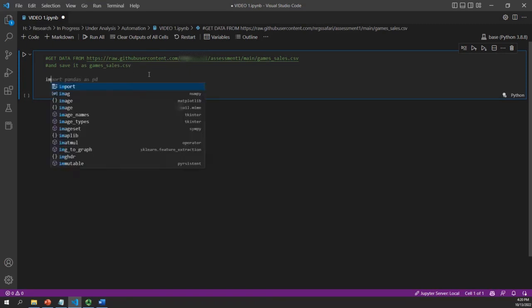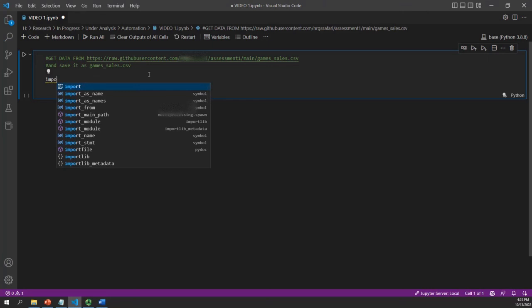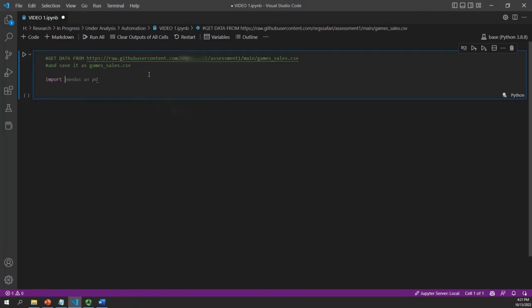As you can see, it comes up with suggestions. Tab, import NumPy. I don't think I need NumPy, or matplotlib. I just want to collect the data from this file. So probably I need requests,